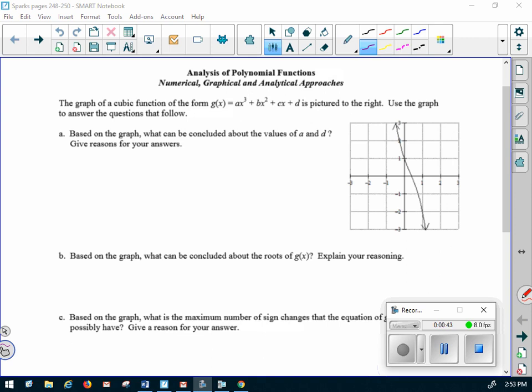Let's look at a first. And notice a is your leading coefficient. What do you know about a? Well, here's what I know. I know that my biggest exponent is a 3, so this thing's cubic. An odd degree means the ends do different things. Because this graph rises to the left and falls to the right, a has to be negative. So a is negative because odd degree